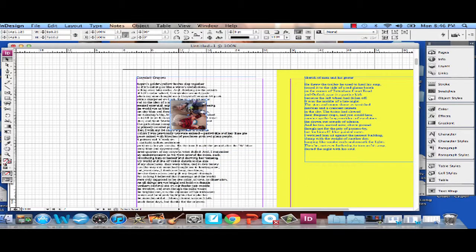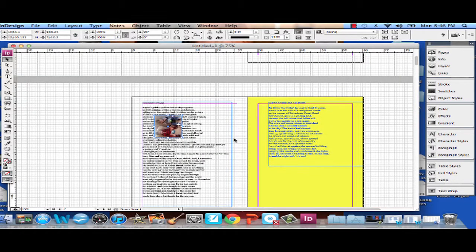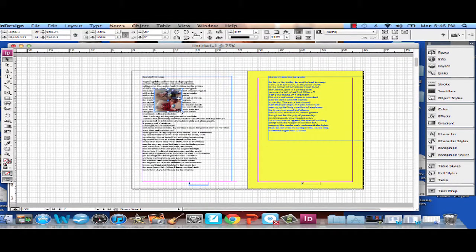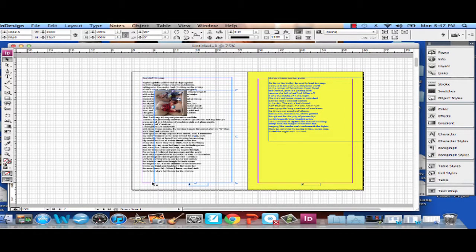And this has moved the picture. Now notice one of the reasons I did this is that it fits more with the shape of the page. So I'm going to zoom out a little bit further. I need to start by making my text box about the size that I want the picture to be. So I want the picture pretty much to take up just what's inside the bleed lines. So I've got